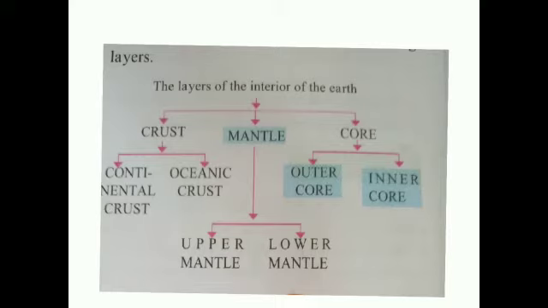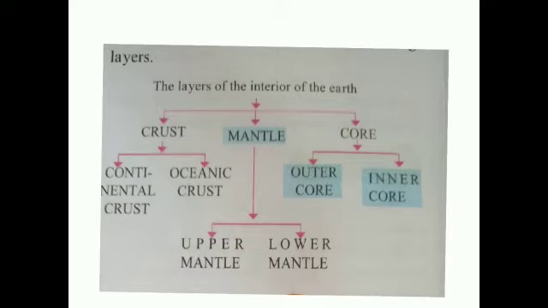It started cooling through the process of radiation and then liquefied. With time, the outermost part cooled first and became solid. This outermost layer of the earth is called the crust. Even today, the outer planets of the solar system are in a gaseous state. So first of all, earth was in a gaseous state. Afterwards, it cooled and then the outer part became solid. Now let's see the layers of the interior of the earth.